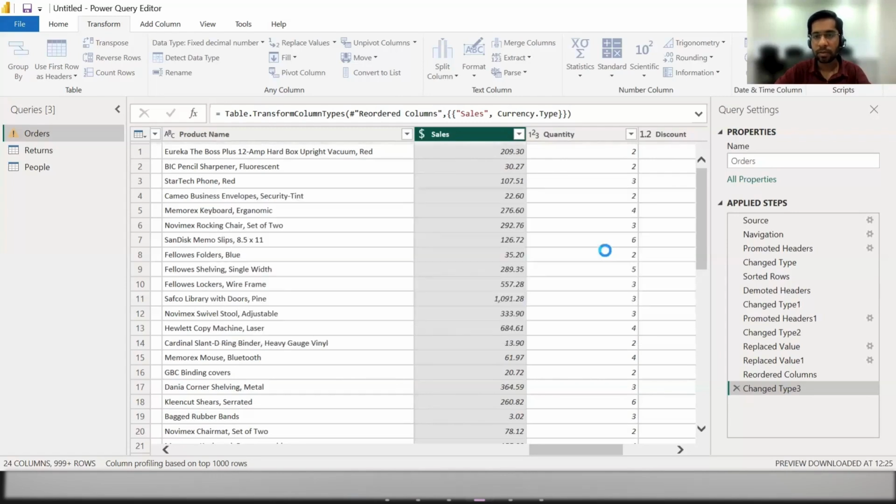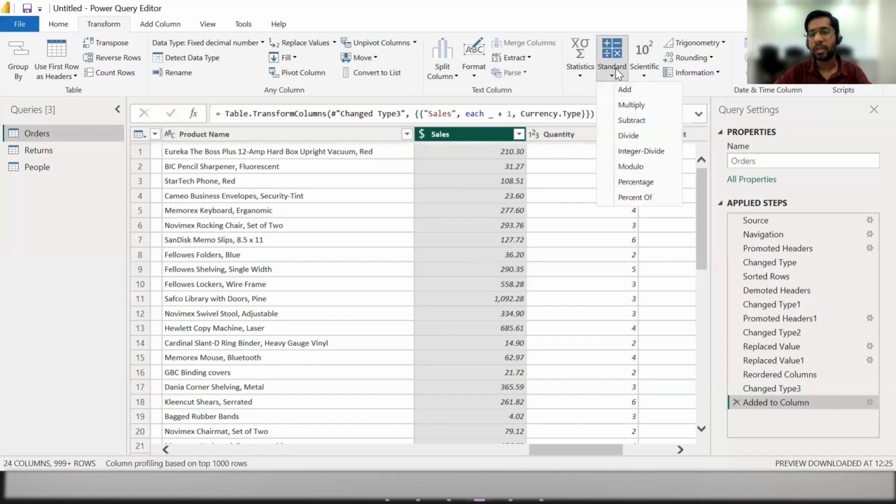So I will click on OK. The next value is 30. Let's see if it is changing all the values in each row or not. You can see it has changed the values in each of the rows. And now I can perform some numerical operations on top of it with the help of these standard options